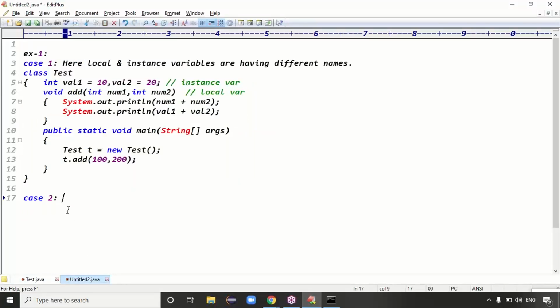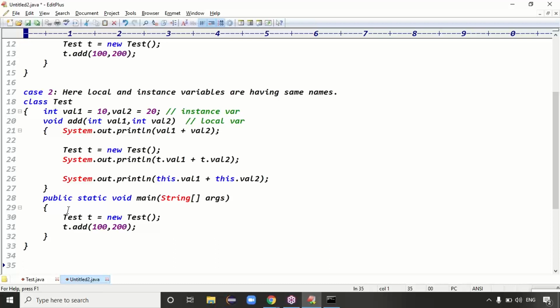Case 2. Here, local and instance variables are having the same names or different names? Same names, right? Exactly, guys. So what is the conclusion here?